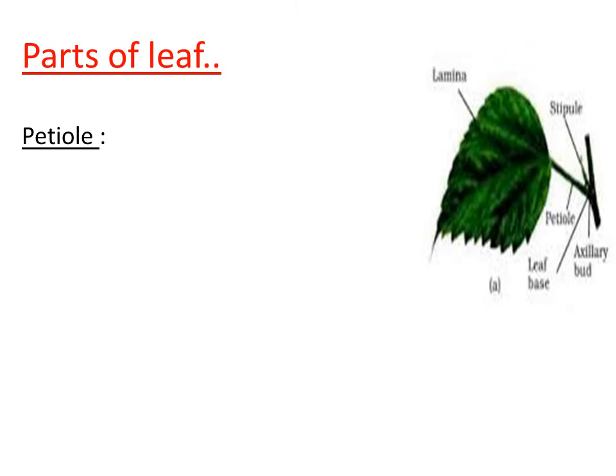Very next to the base, there is one more part we can see in the leaf, that is called the petiole. What do you mean by petiole? Simply, we can call it the stalk of the leaf, right? The stalk of the leaf helps in holding the leaf blade to light. So this stalk-like structure is called the petiole. The petiole holds the leaf blade to the light.